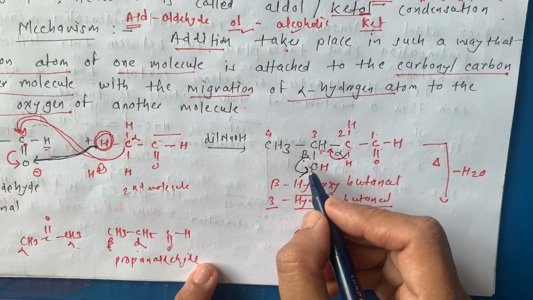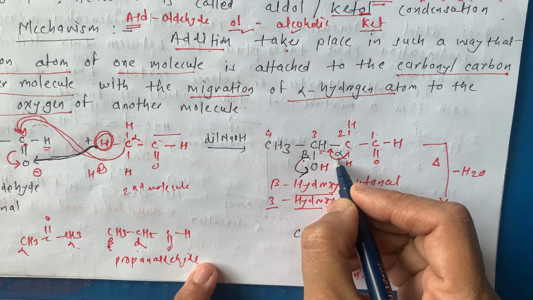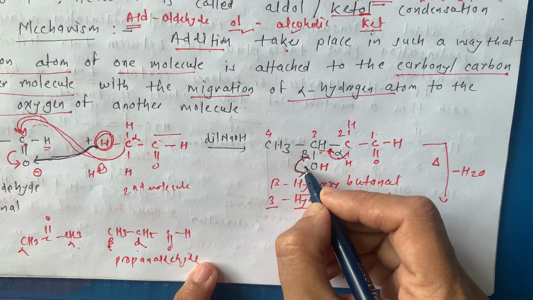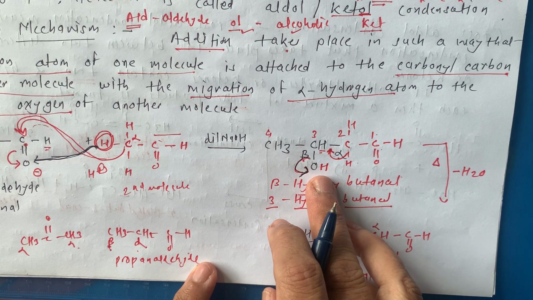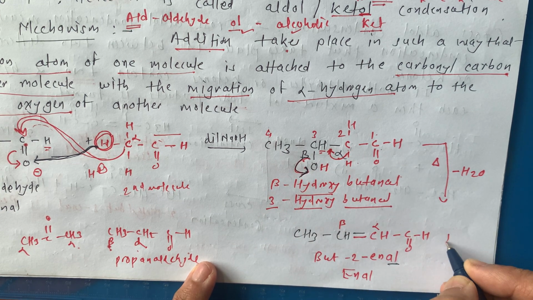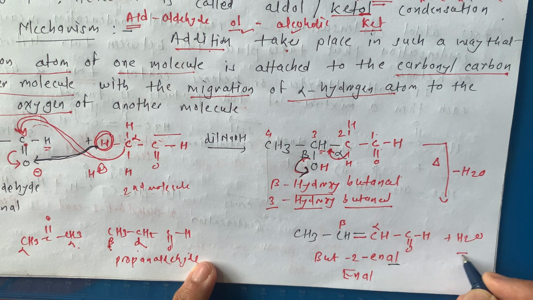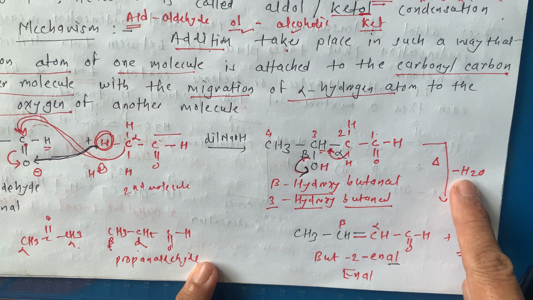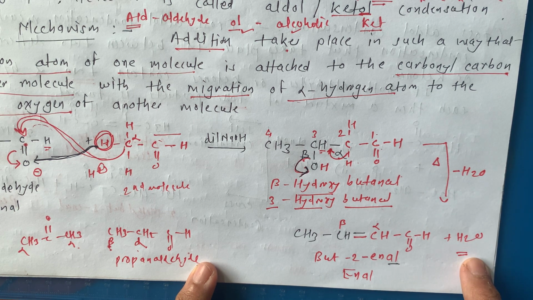And see now, when it undergoes an elimination reaction, meaning when we provide heat, this hydrogen is abstracted by this OH. So this bond is going to move like this, and this bond is going to break. This OH becomes free, and this OH and H form a water molecule. If you write minus H2O, it is not necessary to write H2O over here. You can write just the product.